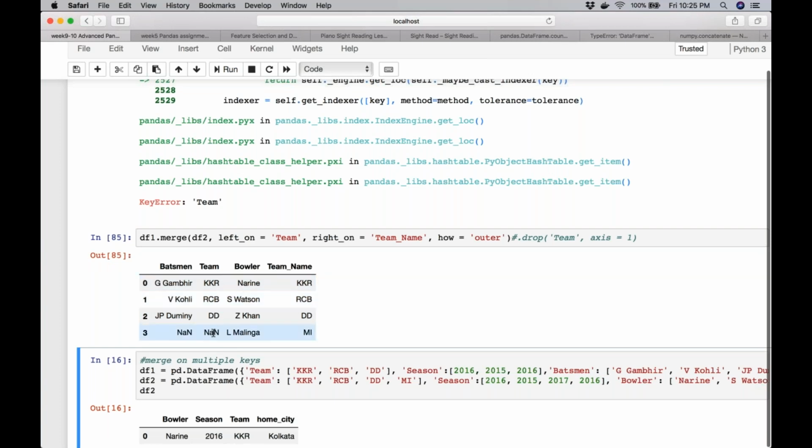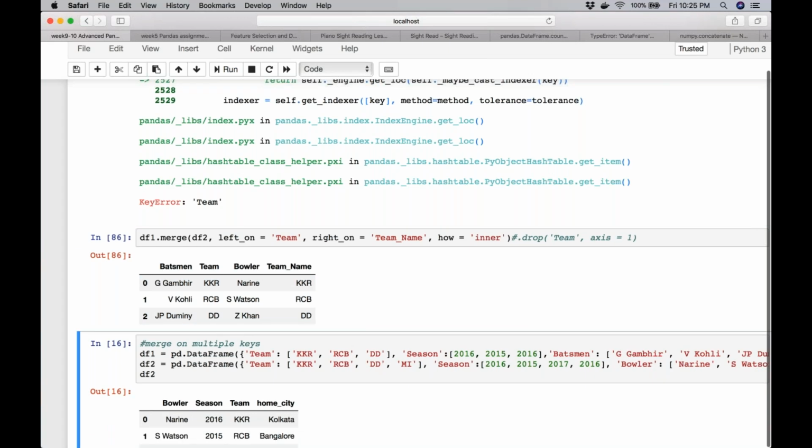The only issue here is that because the column names are not matching, even though you use left_on and right_on, it does not know which column to prefer over the other. So it has kept both of them. And I've also used how equal to outer, so it has introduced a NaN. Even if I had used how equal to inner, and both the team columns have exactly the same values, it's still going to keep both the columns.